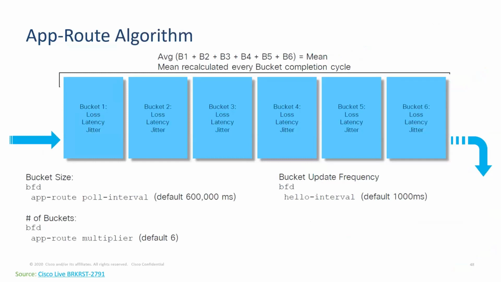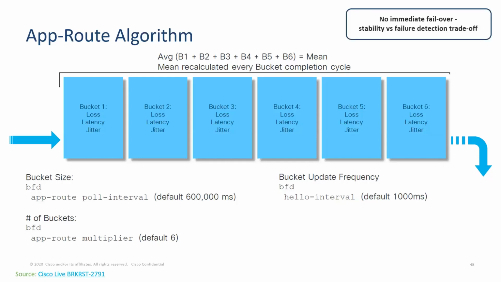So there's a couple of things we need to understand about the application-aware routing algorithm. By default, we have 6 buckets, which is where we collect all of the measurements from the BFD packets. So normally each bucket will collect 600 of these packets because, as you can see, the default hello interval is 1 second, and the poll interval, meaning the size of the bucket, is 600 seconds. So we will collect all of these measurements, and as I said, we're measuring the loss, the latency, and the jitter. And once we have filled all of these buckets, we're going to calculate the mean over all of these buckets. That means that depending on how much latency and loss you have in the network, it's going to take a while to